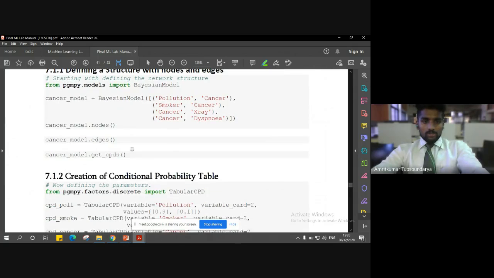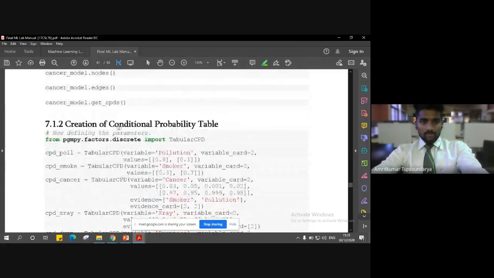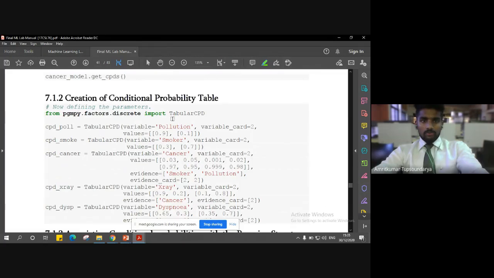The second step is the creation of the conditional probability table. Once we have the data, we are going to create the conditional probability table, defining the different parameters: all the different parameters, that is pollution, then smoker, cancer, X-ray, and dyspnea. So once we have all the conditional probability tables,